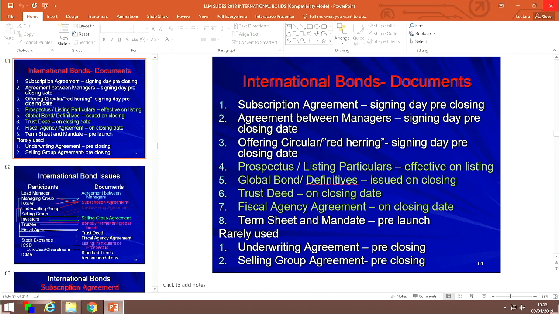That relationship is at least partially based on the actual terms of the bond instrument. Where is it found? As I said, it's found as an appendix to the subscription agreement. It's also found as an appendix in the prospectus, i.e. what are the terms of the bonds. They are all set out in detail in the prospectus. But what is binding is that in the subscription agreement, because that's the quote-unquote terms and conditions of the bond instrument. So let's try and now look at the terms and conditions of the bond instrument.